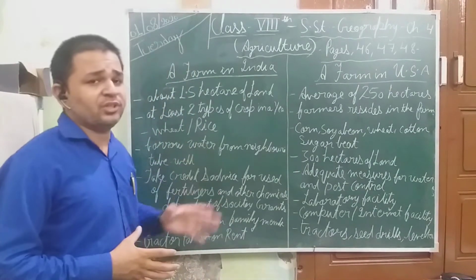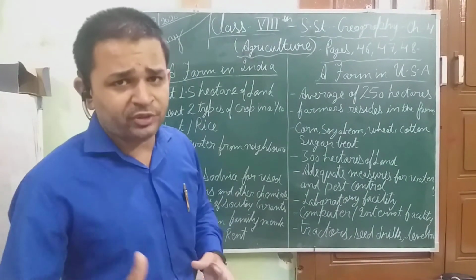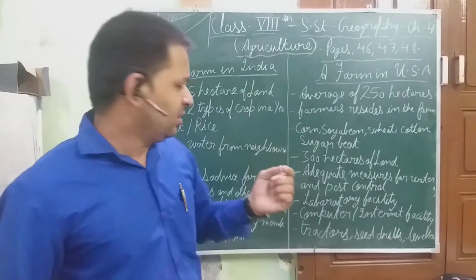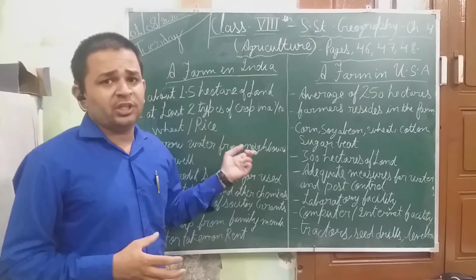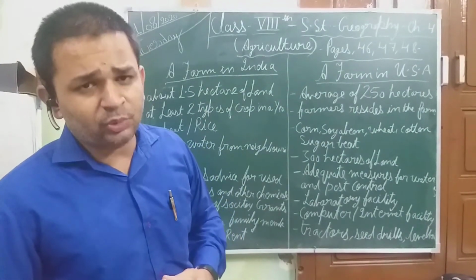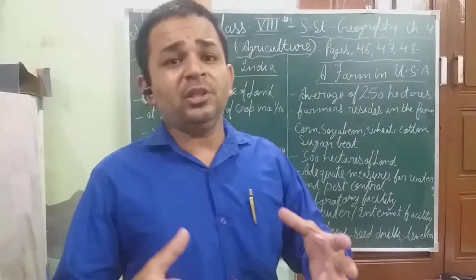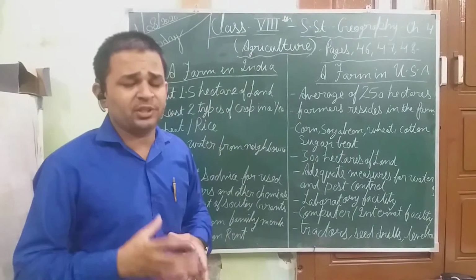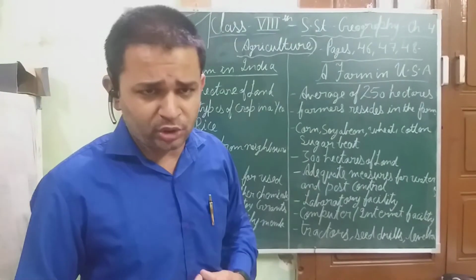Here the case is different. If anything goes wrong with the agriculture field, if there is any insect, weed or germ harming the crops, then the farmer has to run to the concerned person to take advice, and maybe he would have to take credit to purchase the medicines, because medicines are also too costly.